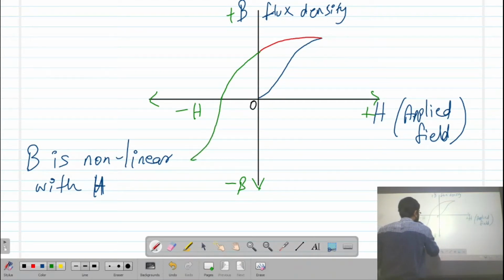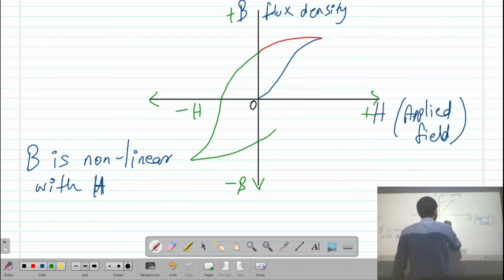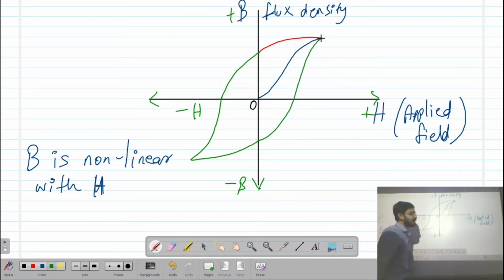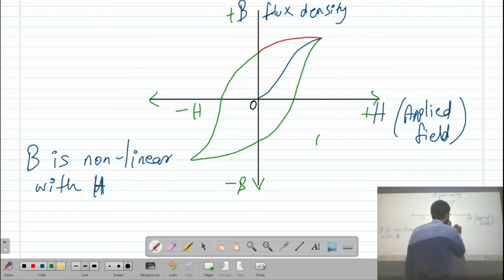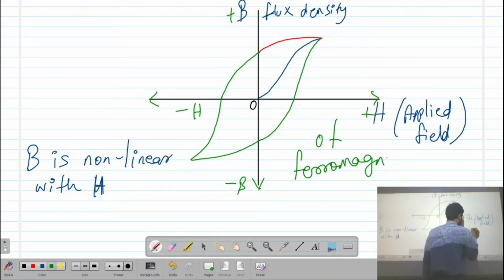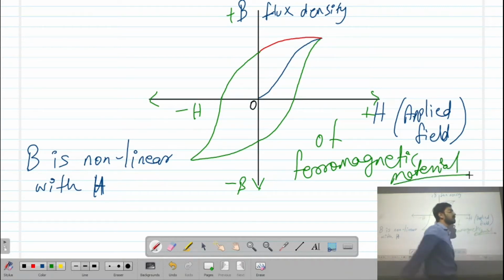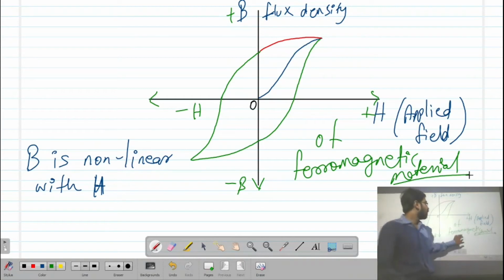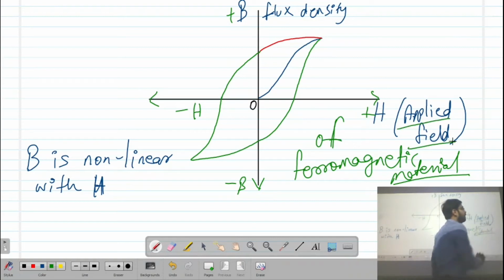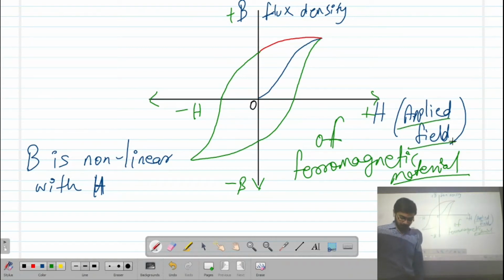Further, the same cycle will be experienced in the negative portion. So this is the behavior of ferromagnetic materials with the applied external field, right?